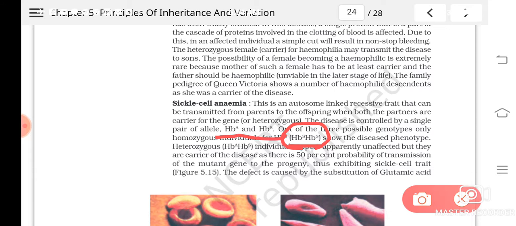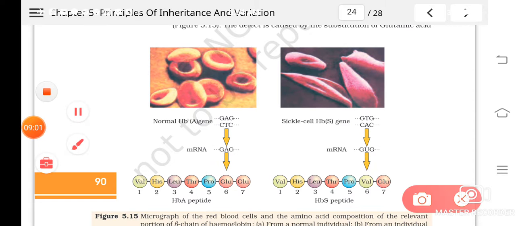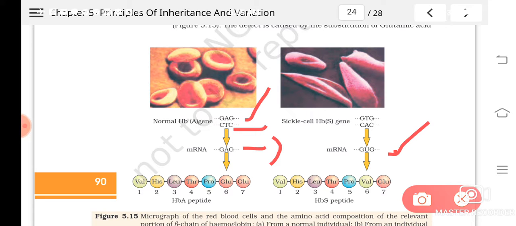Understood? So what happens in this is, the DNA will have this nucleotide sequence. We call it a codon. In the next chapter we will study this. And CTC will produce an mRNA called GAG. This also you will understand later. Just see that in the mRNA, GAG should be added, but instead if GUG comes, then what will happen? Instead of glutamine, which is a kind of amino acid,